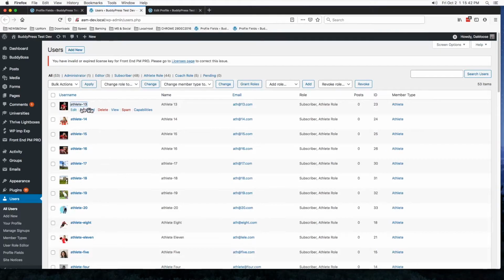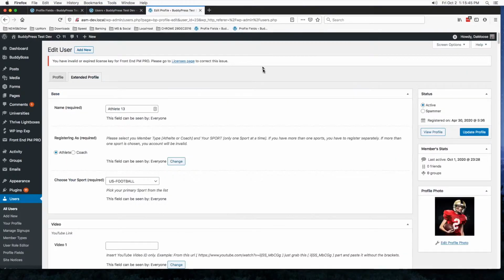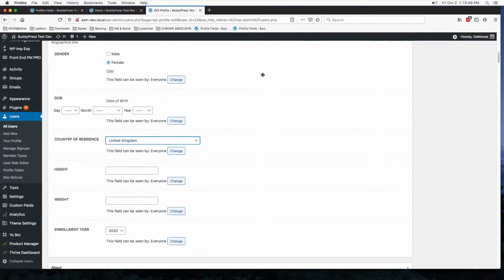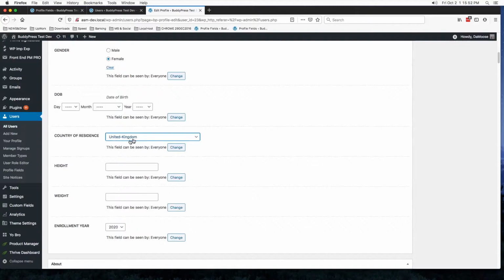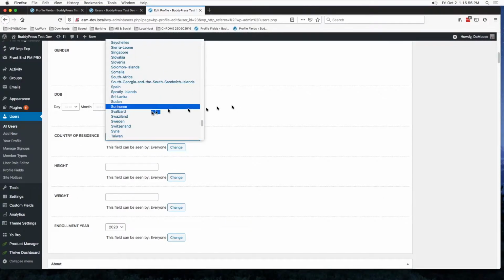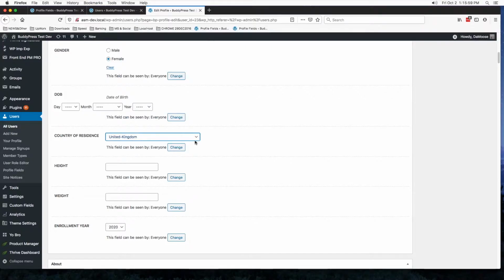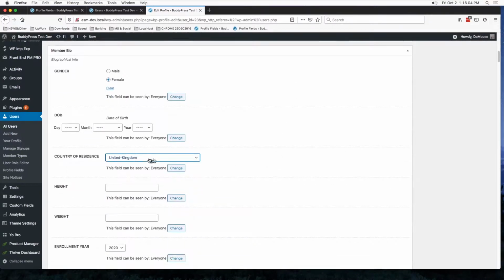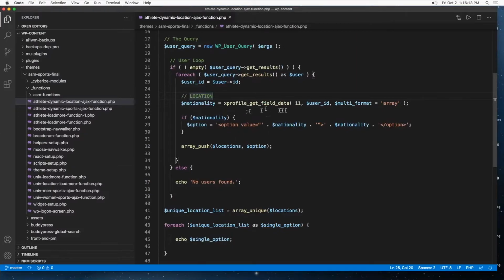Now, if I go to this extended profile here, I end up here, and if I scroll down a little bit, I will find the country of residence, which is this drop down here. This is where pretty much every member, like this athlete here, will choose their location or country of residence, and this is the one we end up calling here and displaying here